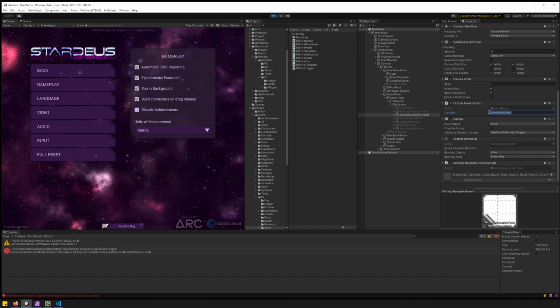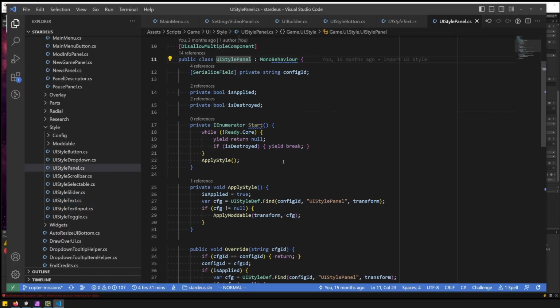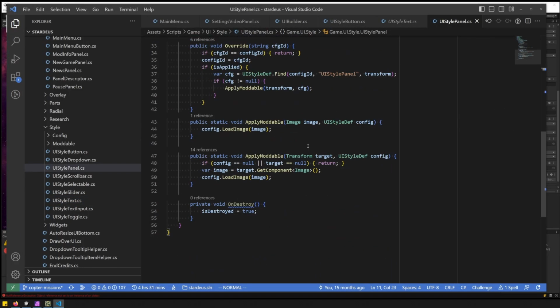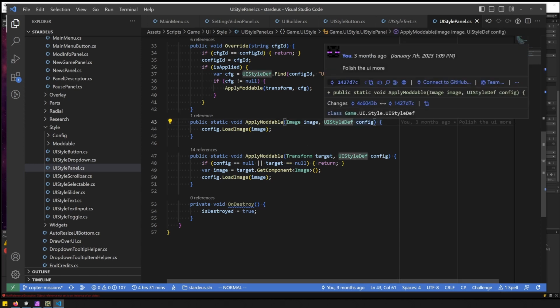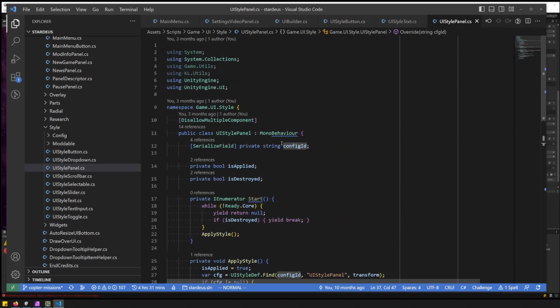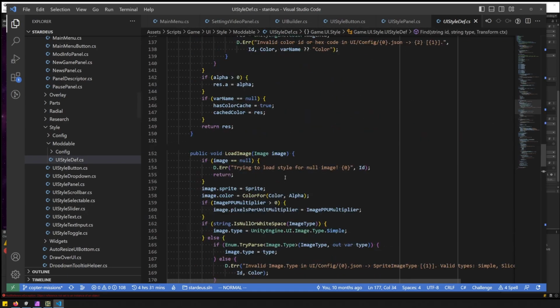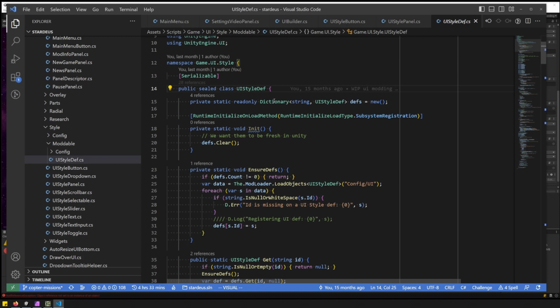So we know that we are loading the panel / main menu. Now, how do we find this config ID? If we open this UI style panel, you can see that it uses this UI style def config. So there's this UI style def find and config ID. Config ID is the thing we get from the game object. So let's take a look at this method and at this class in general, like UI style find,